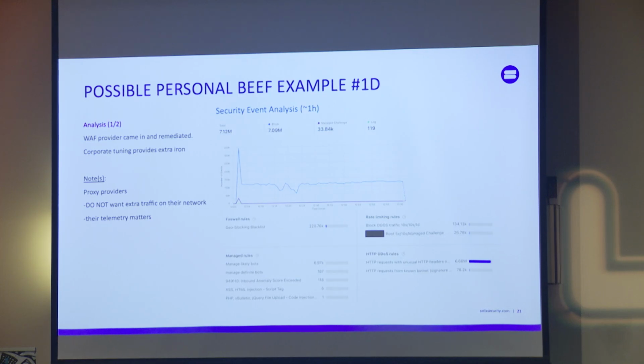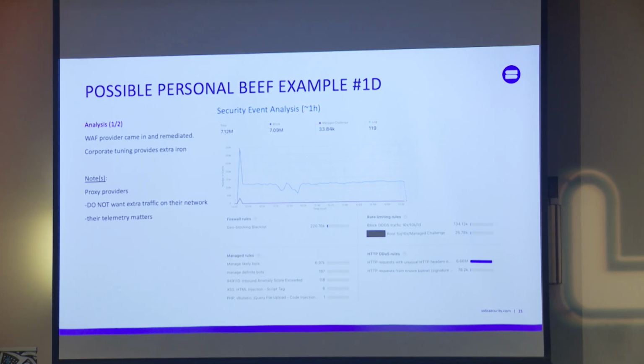So that was good because they see, again, 15 to 20% of the global internet traffic, and they've already identified these people. Now, this is where I talk about your extra iron, right? The geo-blocking rules helped, and then these managed bot rules helped, and then the rate limiting rules helped as well. You have to add your own iron onto the DDoS stuff to make sure it's good. So their telemetry from a DDoS or a WAF perspective matters. So get the right company who has the right telemetry.